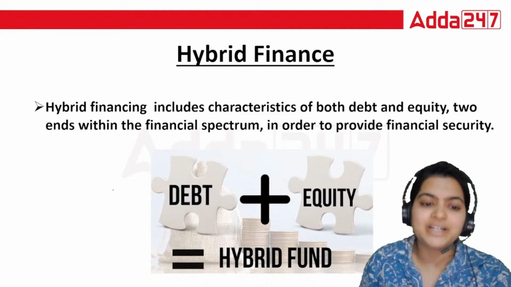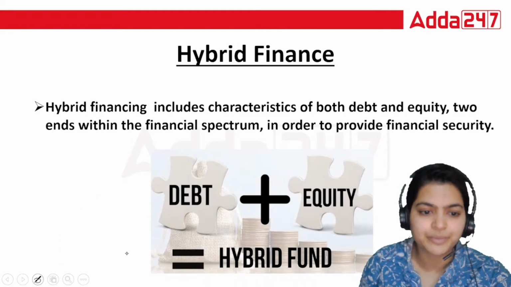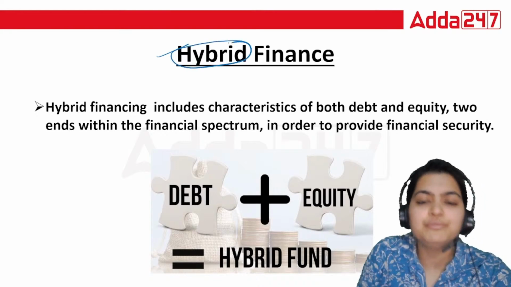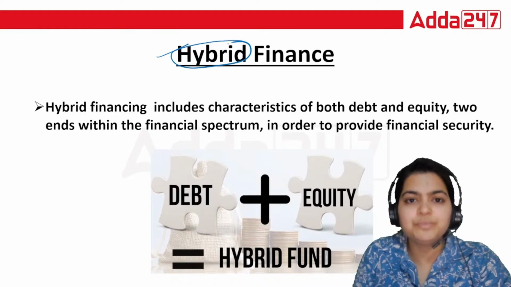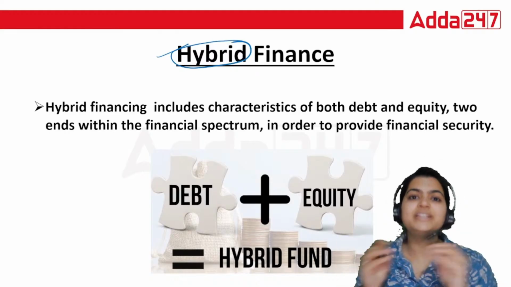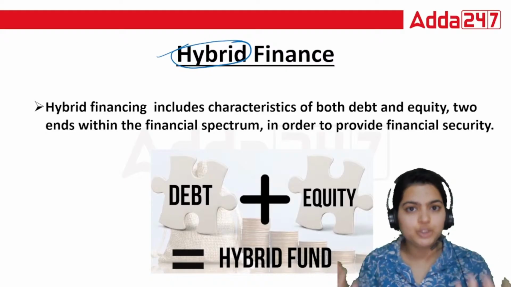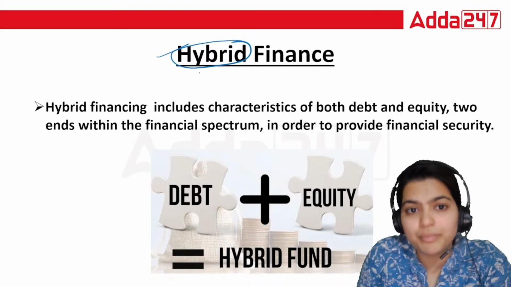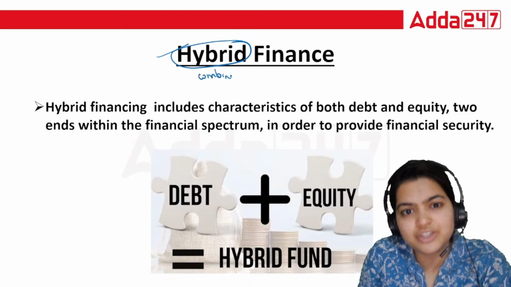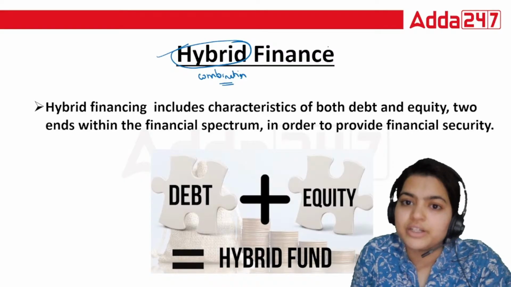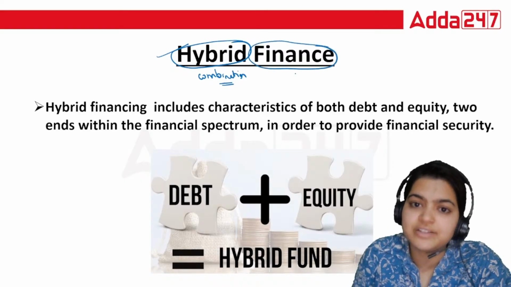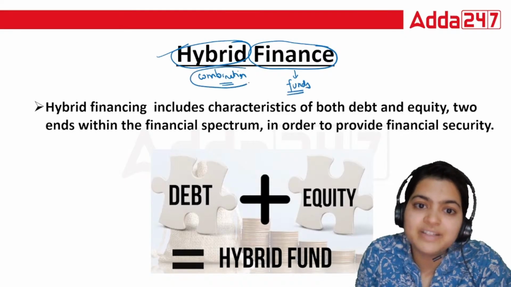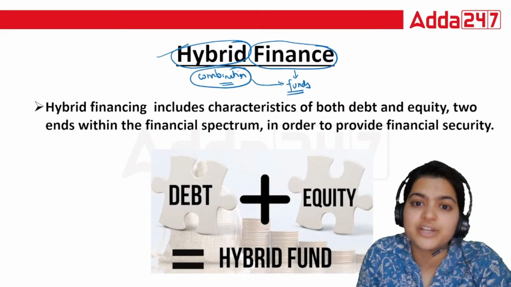So first we need to understand what is the meaning of hybrid. Hybrid means when you have more than one thing. Basically you are going to combine more than one thing, like one and two. When you're combining two things, that is going to be hybrid. So when you see combination, this is the combination of what? Combination for taking funds. Finance means funds. So we will see that combination through which we can generate funds.